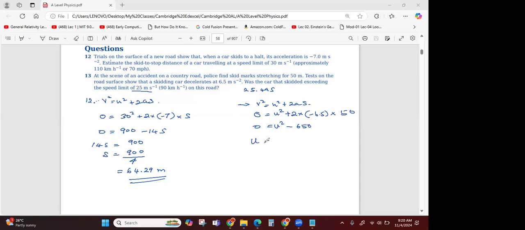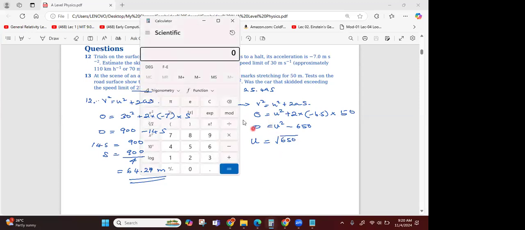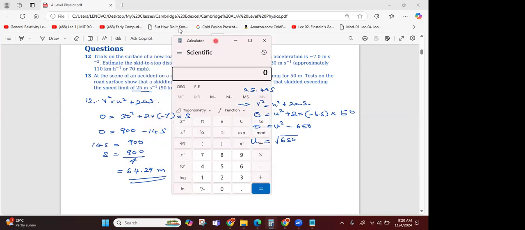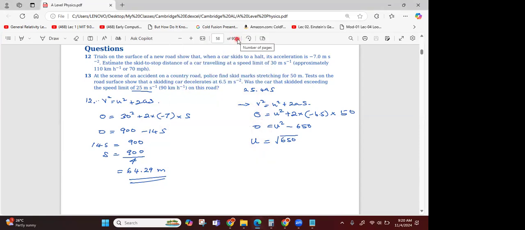So u equals the square root of 650, because you take the 650 to the other side, it becomes plus 50, then take the square root. So the square root of 650 is 25.5. Then u is